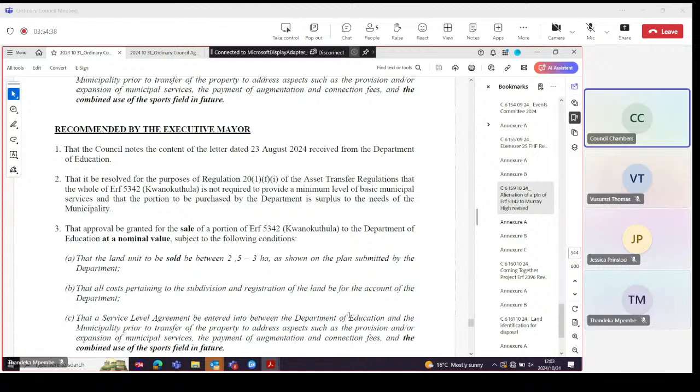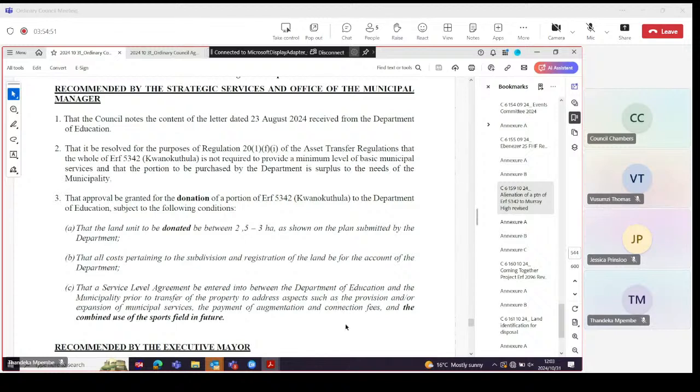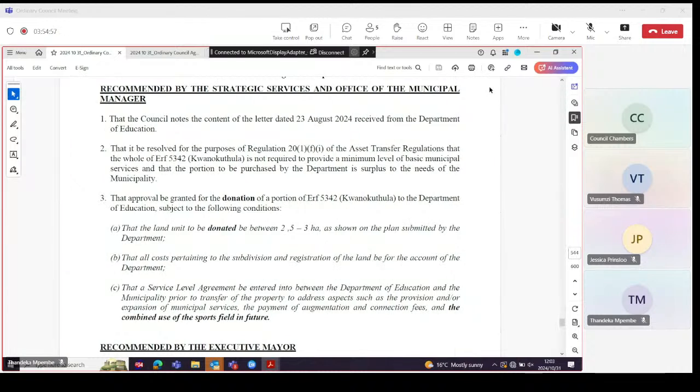Speaker, again, I want administration officials to zoom in on the recommendations of the portfolio committee. Point number 3, we said as a portfolio committee that the approval of that land be granted for the donation of portion 5342 Kwanakatula. Why